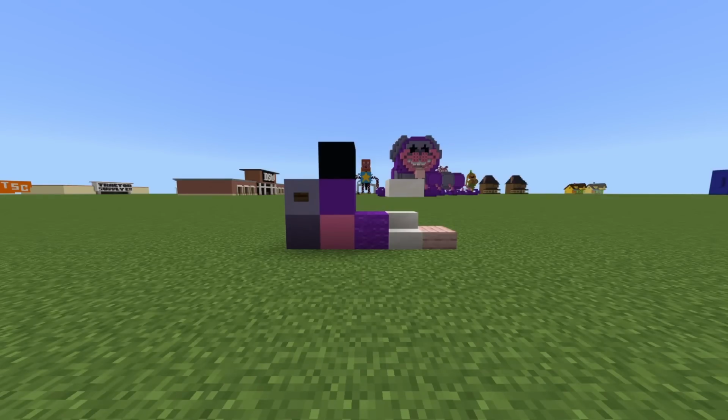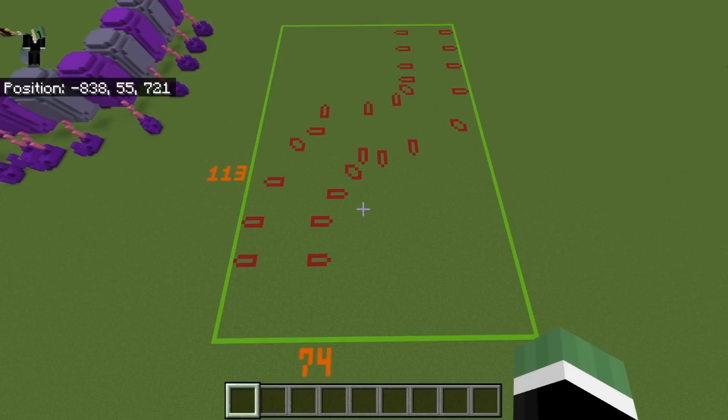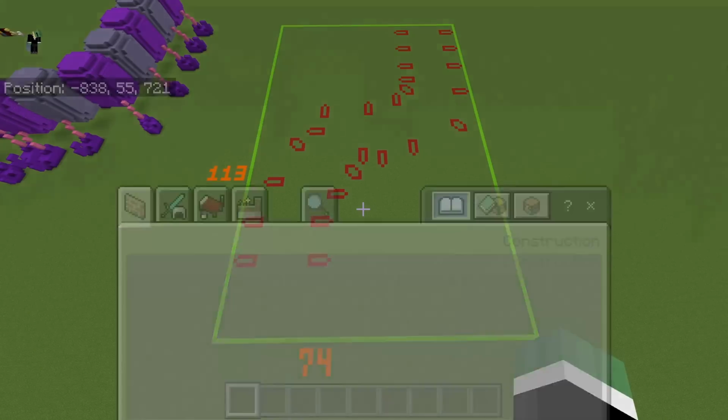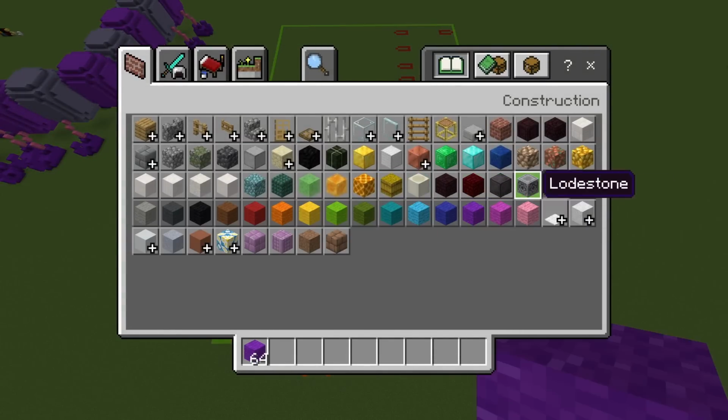Here are all the materials we're needing for this build. If it wasn't triggering enough already, you need 10 materials, which is one more than your hotbar space. Alrighty, and the space for this is a 74 by 113. And the materials we're needing to start off are purple wool,